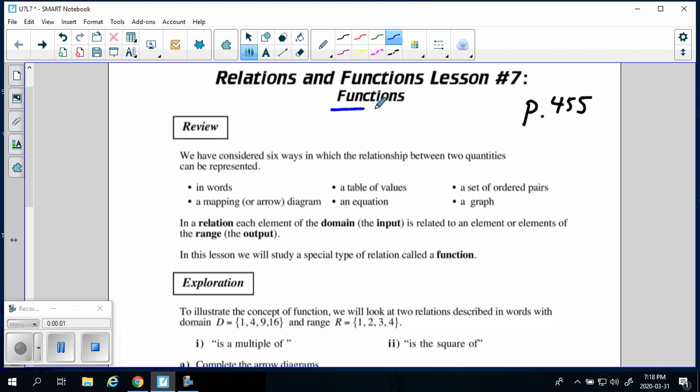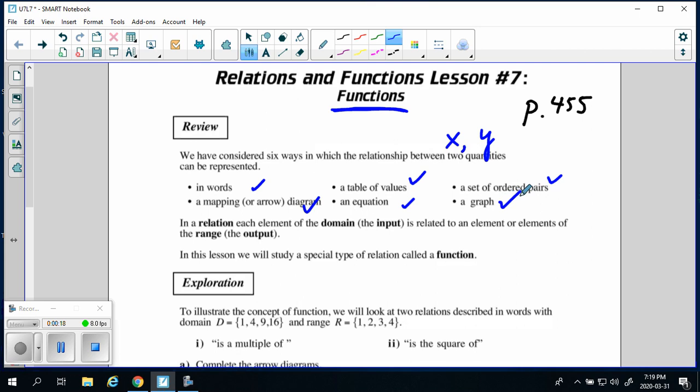Functions, and it is on page 455. If you've been following the lessons before, we've been looking at the relationship between two quantities, usually x and y, and we can represent that in words or a mapping diagram, table of values, equation, set of ordered pairs, or